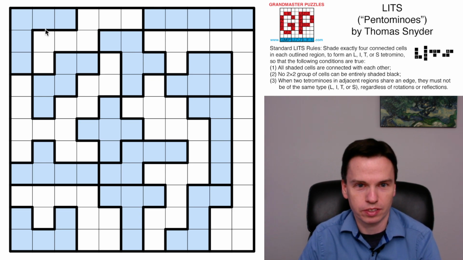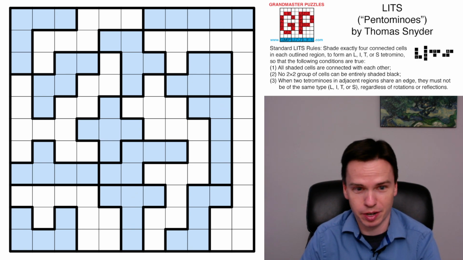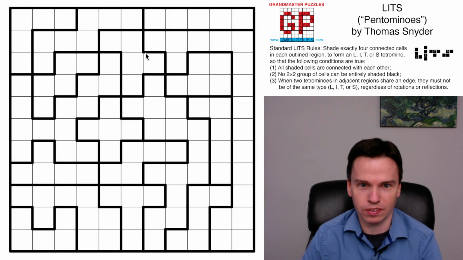So here to talk through this LITS puzzle I wrote called Pentominoes, the 12 pentomino shapes all fit into the grid and the rest of the white space. They're not pentominoes, they're larger than them, but they work together to form a valid LITS puzzle. We can start with all those pentominoes being good places to begin because 4 of the 5 cells in them